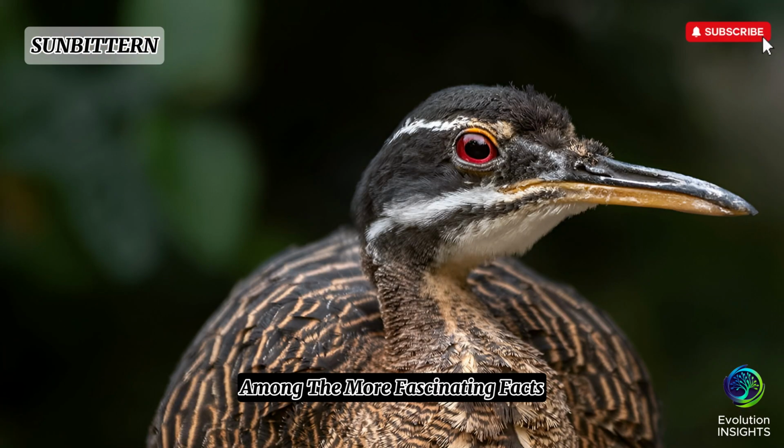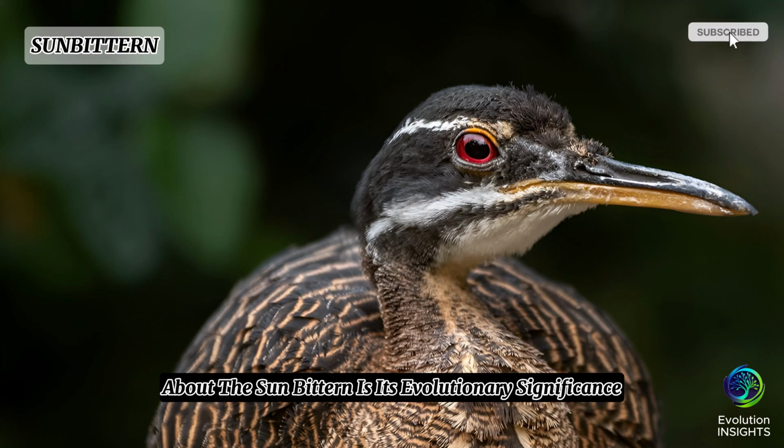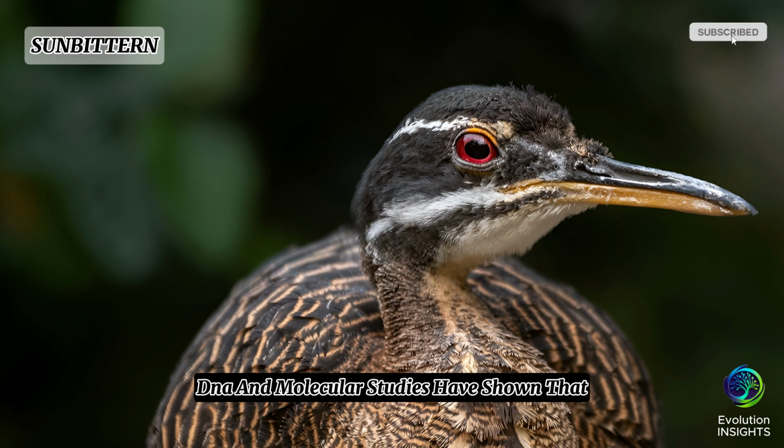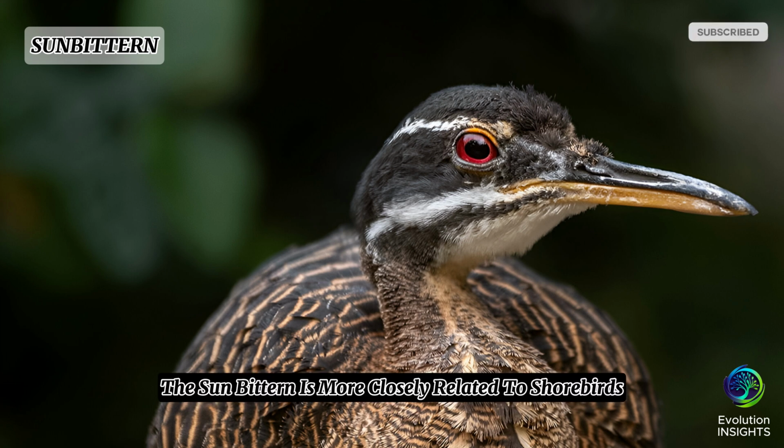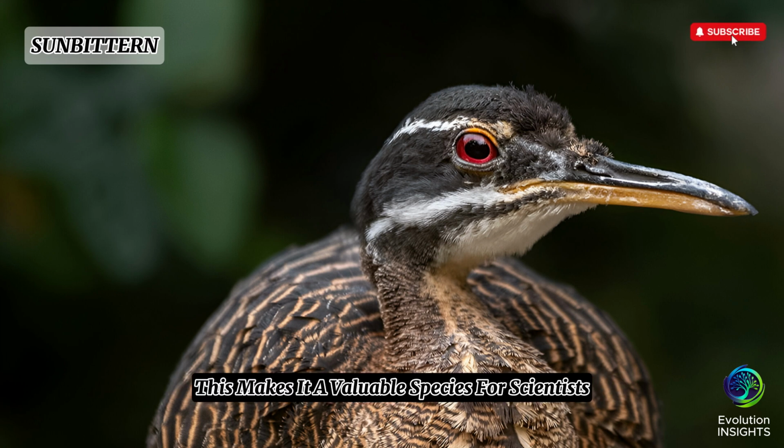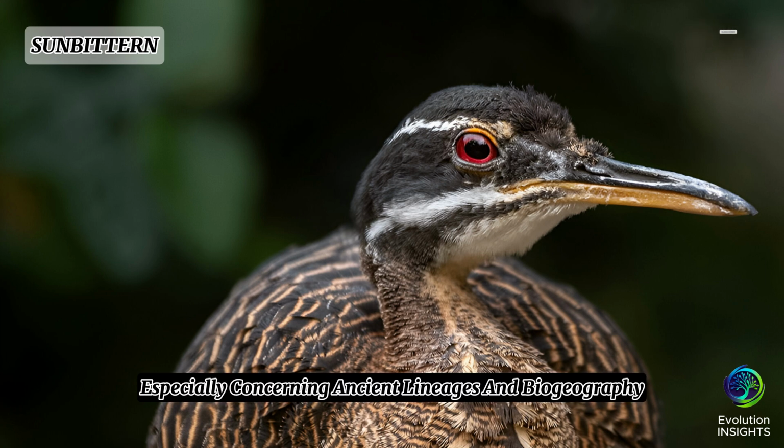Among the more fascinating facts about the sunbittern is its evolutionary significance. DNA and molecular studies have shown that, despite its heron-like appearance and behaviors, the sunbittern is more closely related to shorebirds and the kagu. This makes it a valuable species for scientists studying bird evolution, especially concerning ancient lineages and